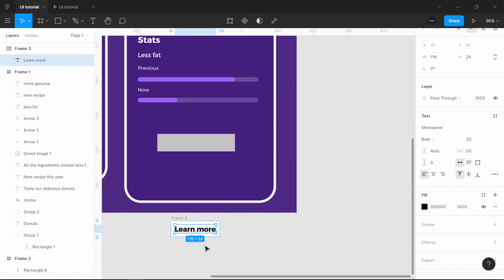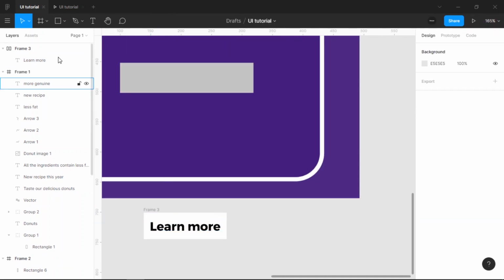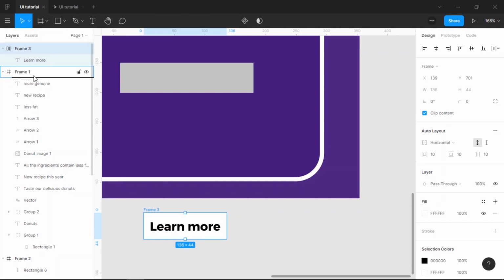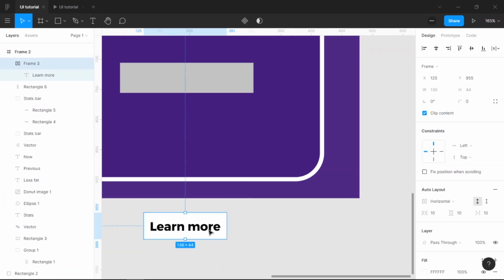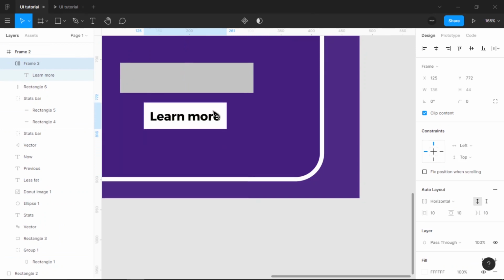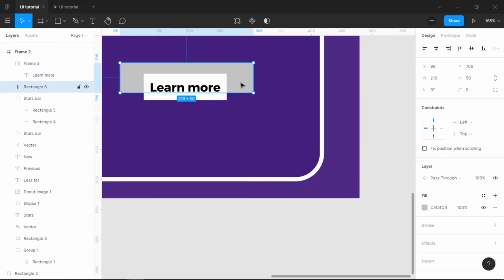Learn more, and then we put on the frame 2 here, and then we drag here, then